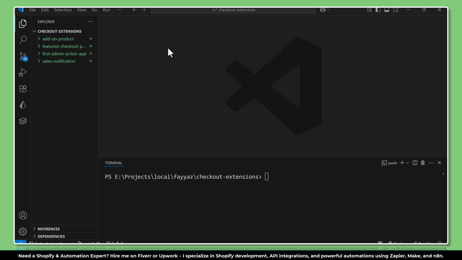I already have VS Code open and I have created these folders for my checkout extension. So let's start by initializing the new app. Run this command: shopify app init,